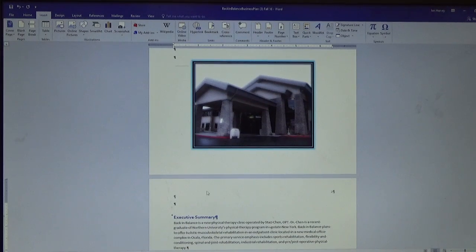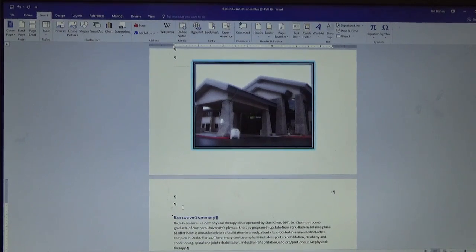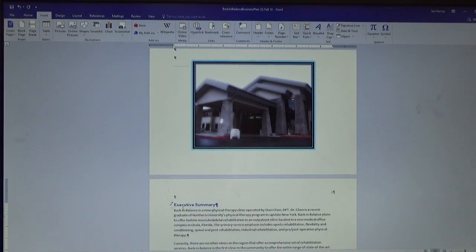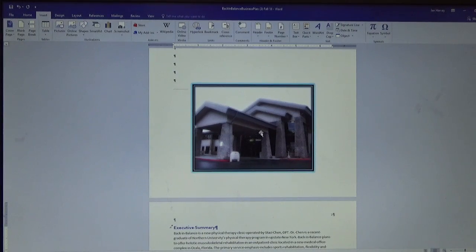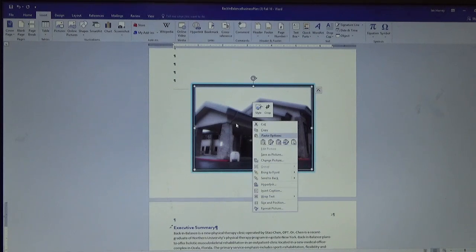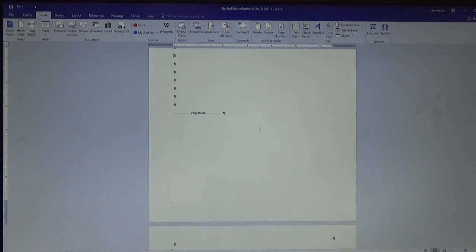Now there's a couple things about this that we don't like. First off, it inserted a new paragraph down here above Executive Summary, which creates too much of a gap for us. So we're going to delete that paragraph. And then, so that we can see that this really created a section break, we're going to right click on our picture, we're going to cut it,